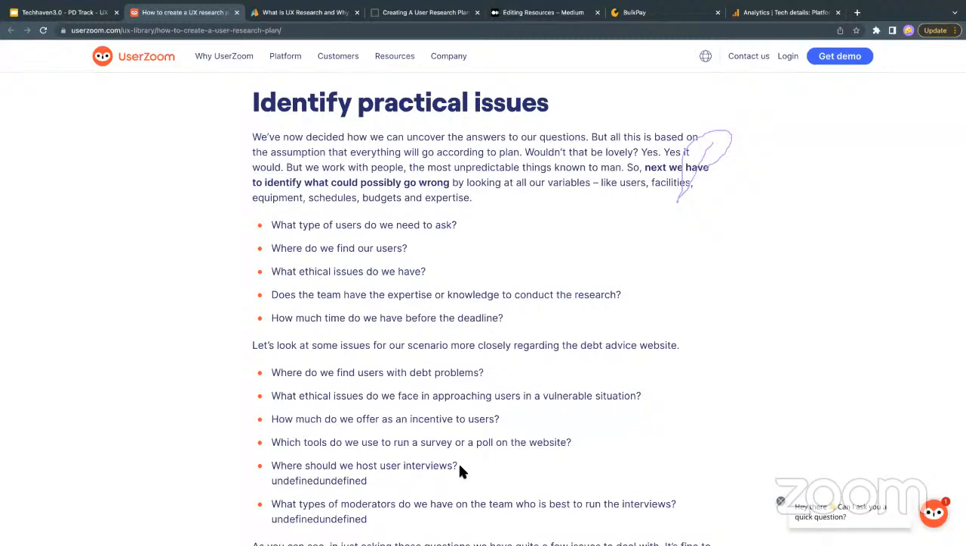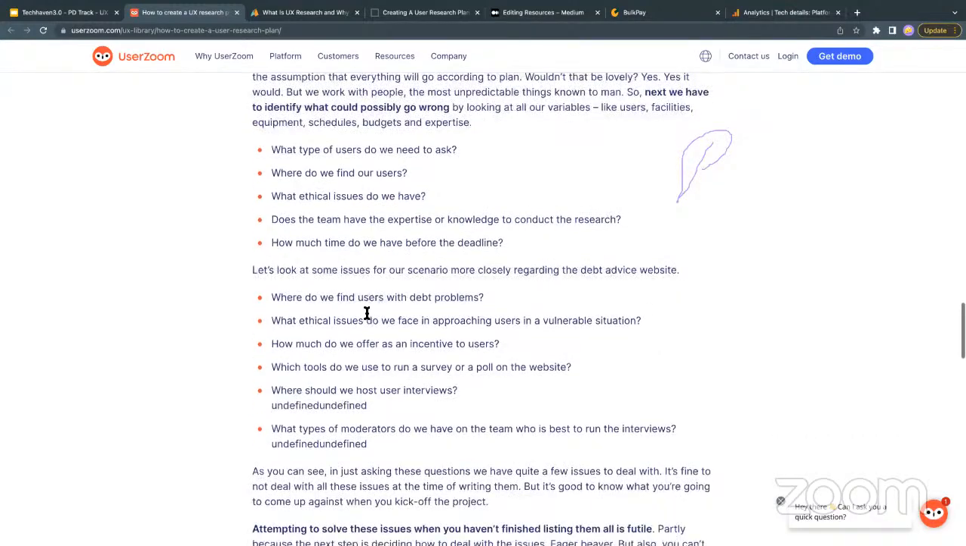So let's continue. Does the team have the knowledge to conduct the research? How much time do you have? Before you start over planning your research, you want to look at your timeline, you want to look at your budget, you want to look at the stuff that are available to you. So all of these things are stuff you factor into your research. And then you look at some